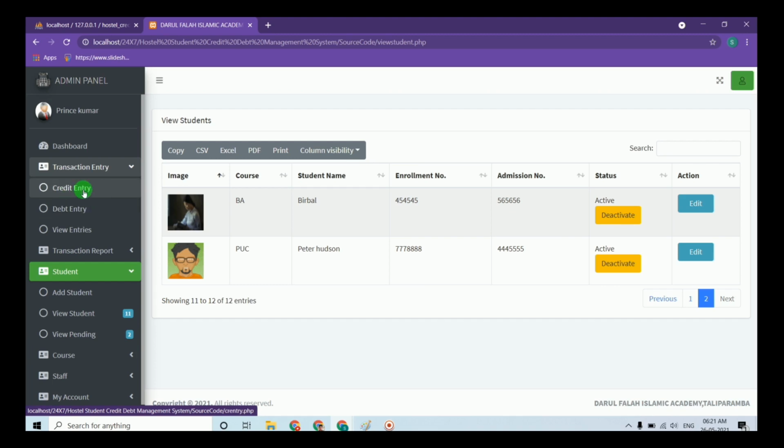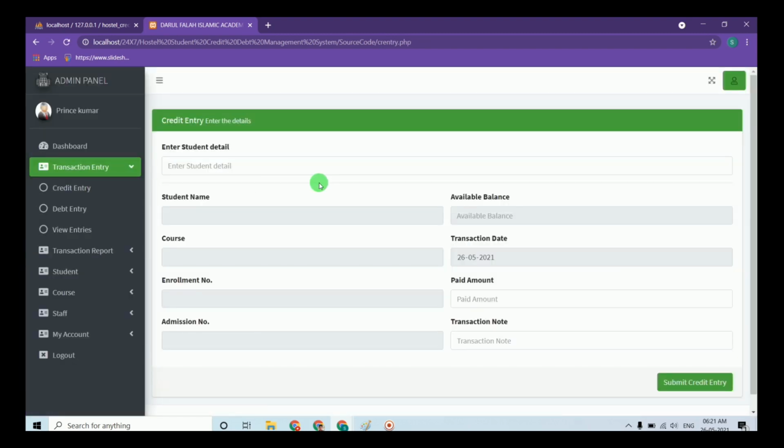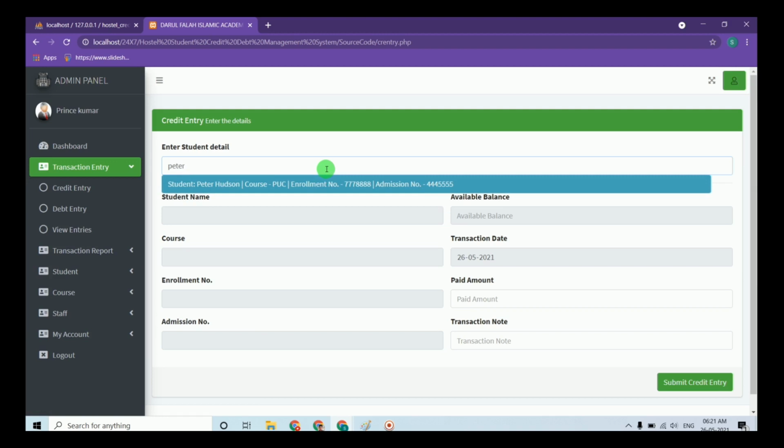Now let us make the credit entry. Under the credit entry panel, there is an option that is enter student detail. Here the admin must enter either the student name or student's enrollment number or student's admission number. By entering any of the details, that particular student, if present in the database, will be available as a drop down list.